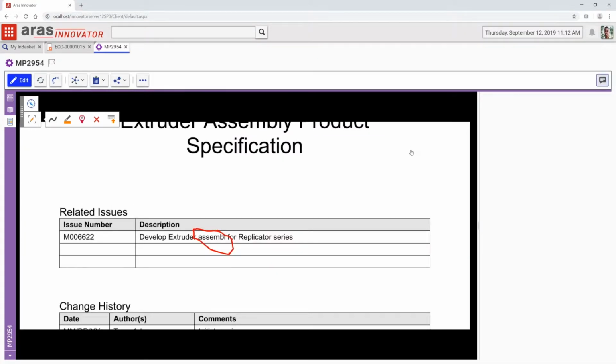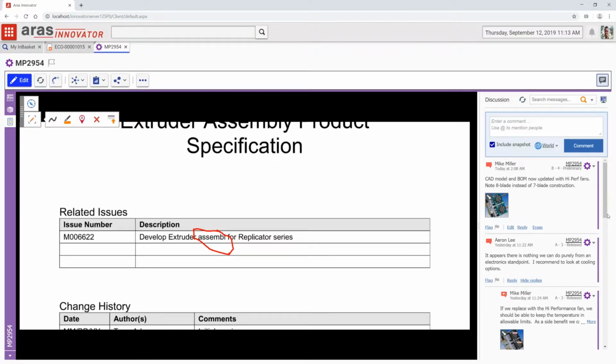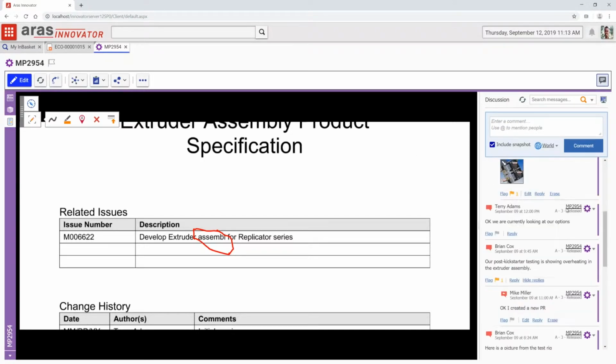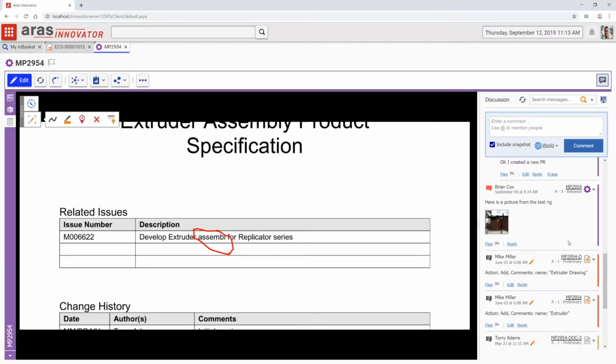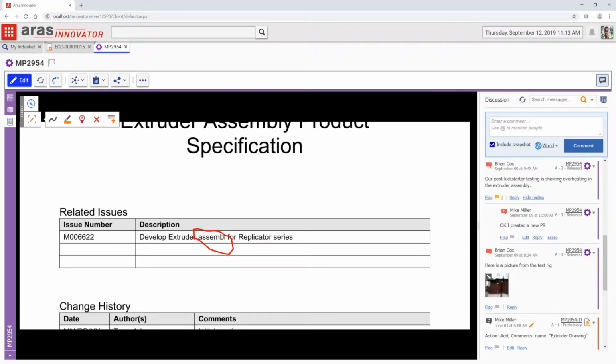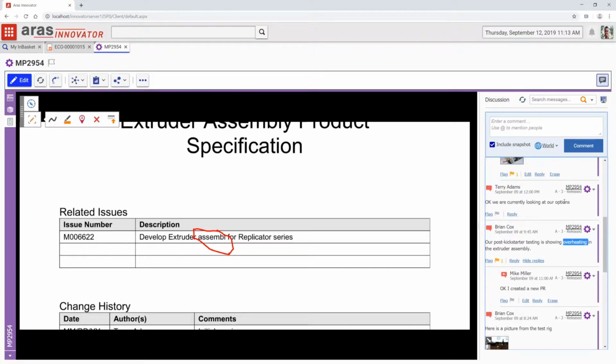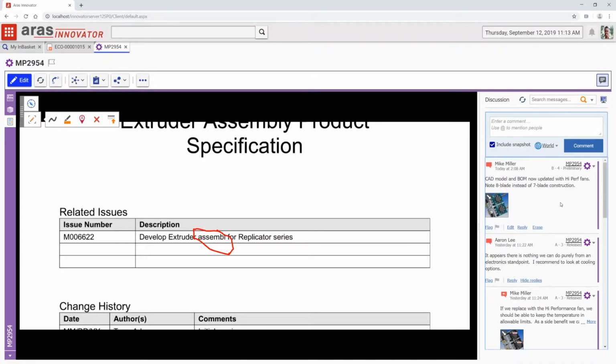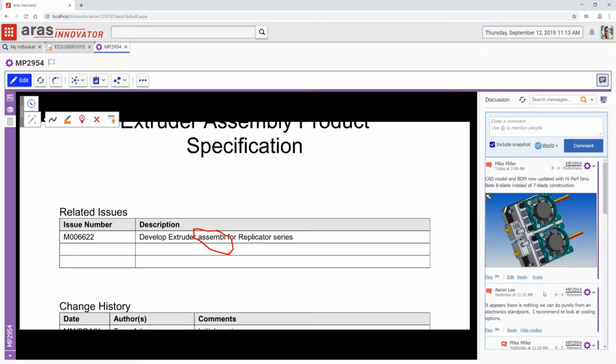By clicking on this pane, again, never leaving that part form, I see a discussion thread that led up to where our ECO is. We'll talk a little more about background here, but it's very easy for me to see that this all got started because we encountered an overheating problem and need to do something about it. So it was determined that we need to make a change, swap out the fans, and here I can see others' comments, red lines, markups, and so on, and I can contribute to either the overall discussion or discussion about this document. So I might say about the document itself, fix a typo here.